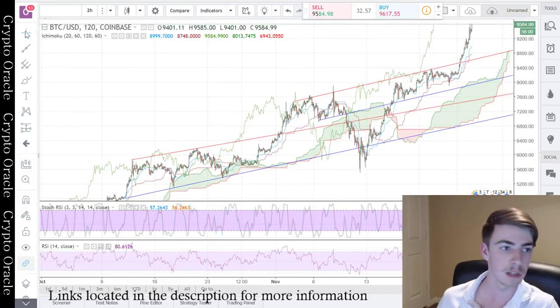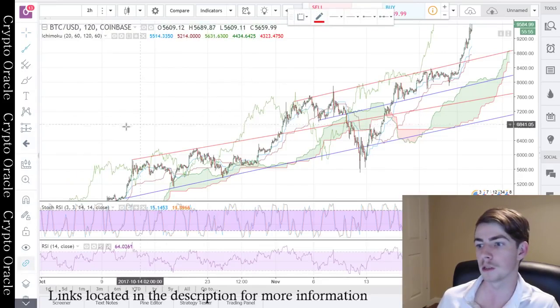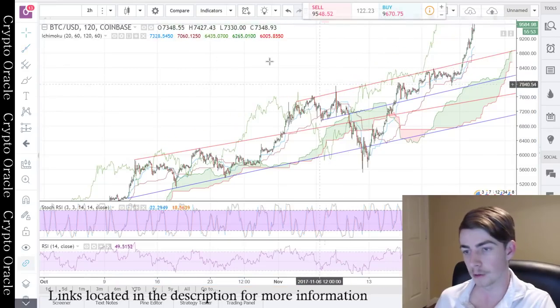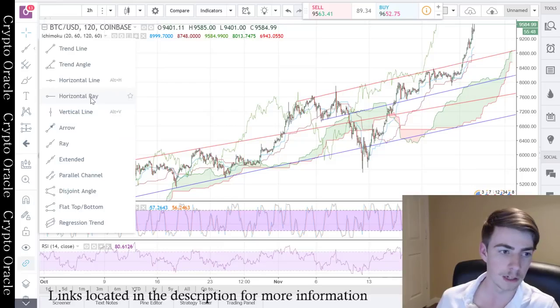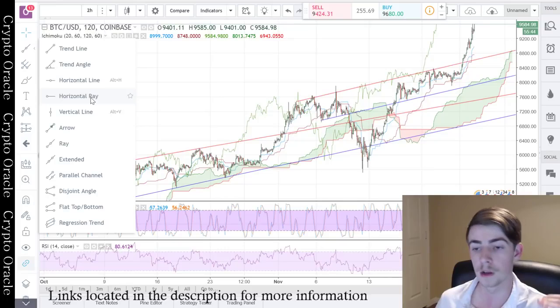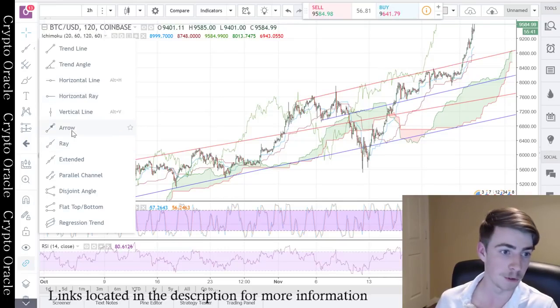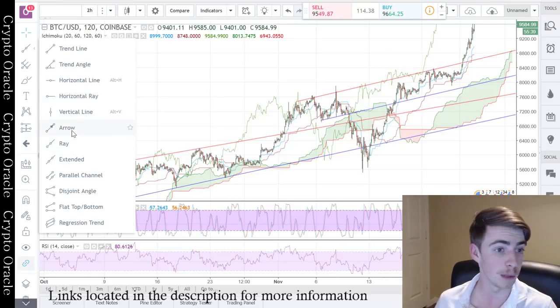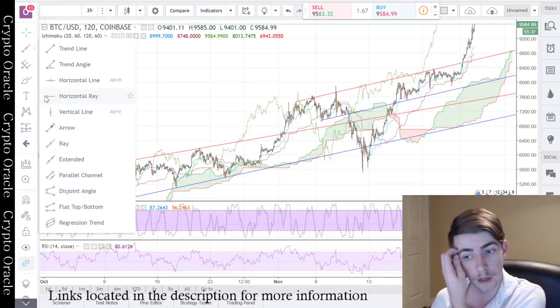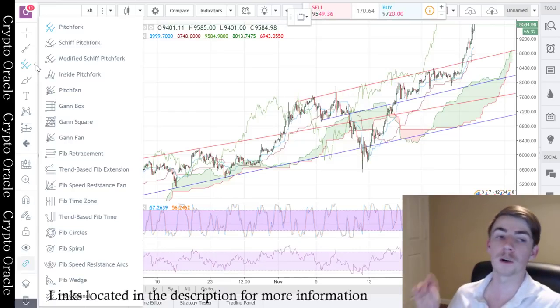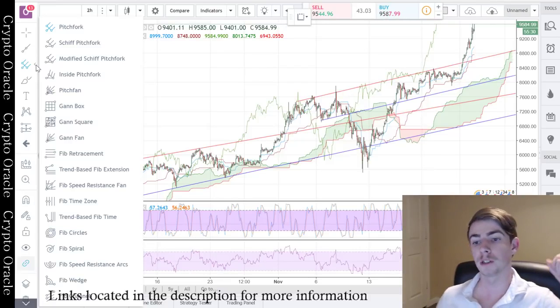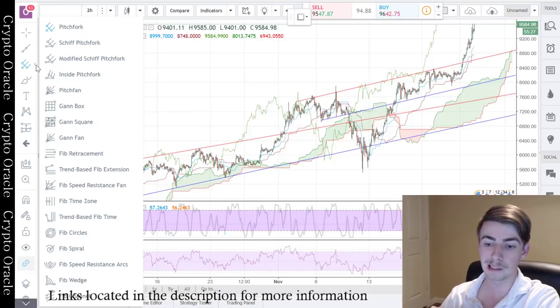So as you can see on the left-hand side, you have all of your drawing tools. You can draw lines with these. Let's say you want to draw some trend lines, even though I've already put some on there, you can do that. Horizontal lines, horizontal rays. Horizontal lines are great for your averages, your supports. Arrows are great if you're trying to chart things out for yourself or maybe for other people that you're trading with. Beyond that, you've got all of your pitchforks, all of your Fibonacci retracements, your Fibonacci squares, pretty much anything you really need,